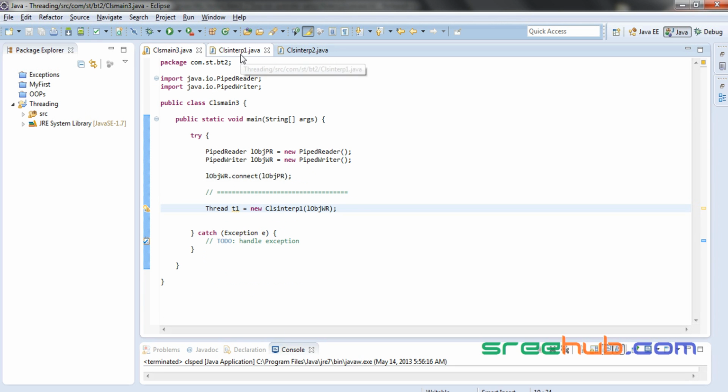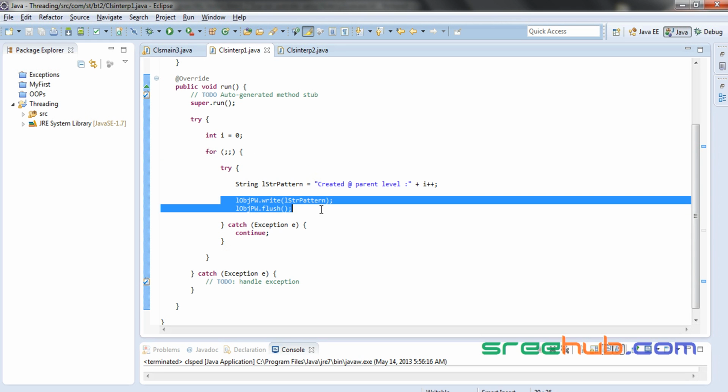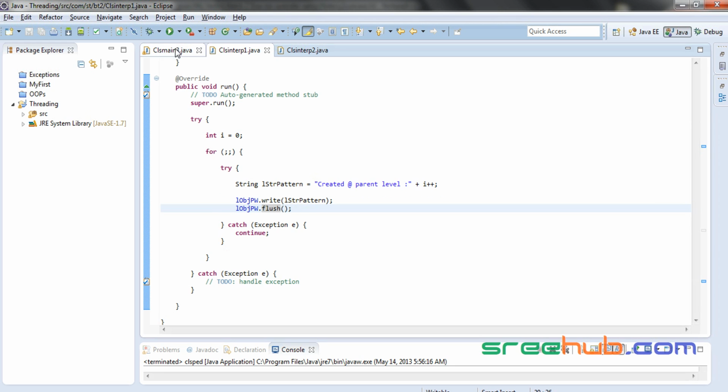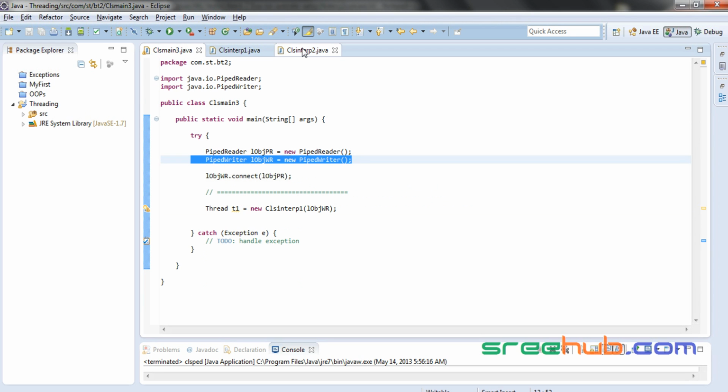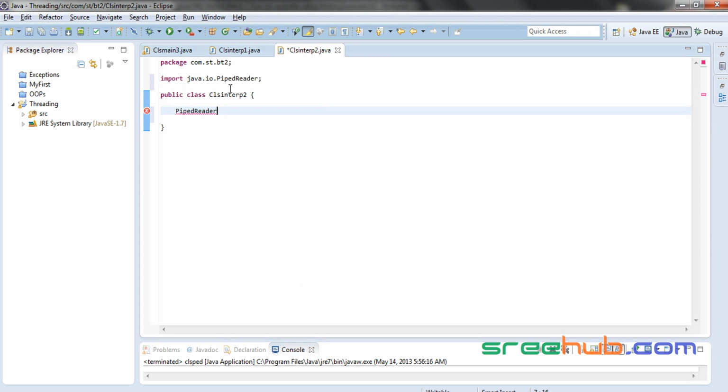Now we are done with the writer one, where we have seen that we are just writing something into the pipe. Now how to create a reader for this? So let's come here in thread 2. Let me create a piped reader. I think it's called lobjpr, pipe reader is equal to null first, and then I'll create my